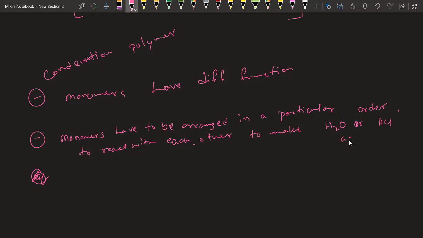So as a product, it's a byproduct, you can say, a small eliminated particle. This small elimination is known as condensation. Since water is formed, more often you can say this is known as condensation polymerization. Let's say an example could be